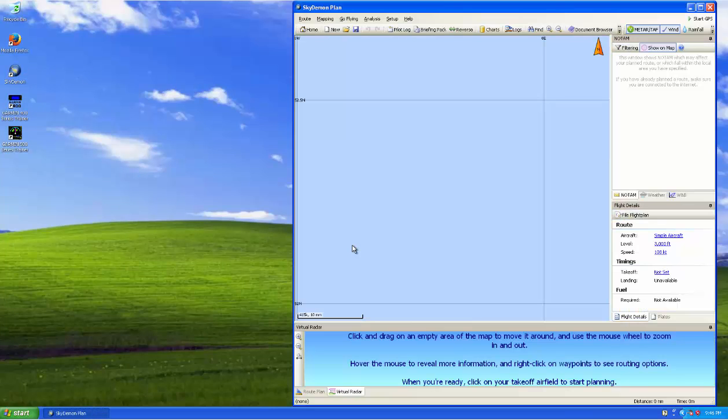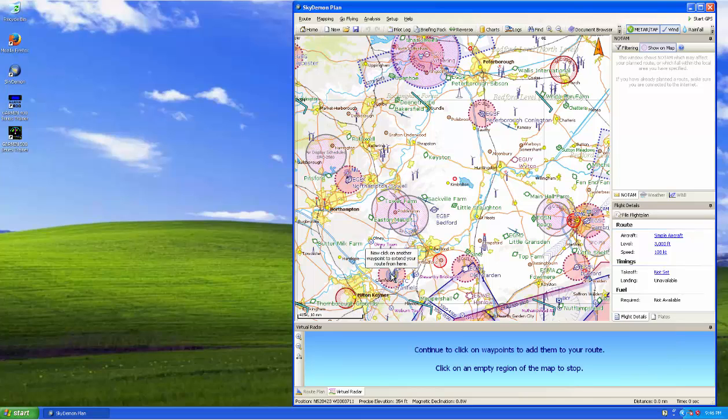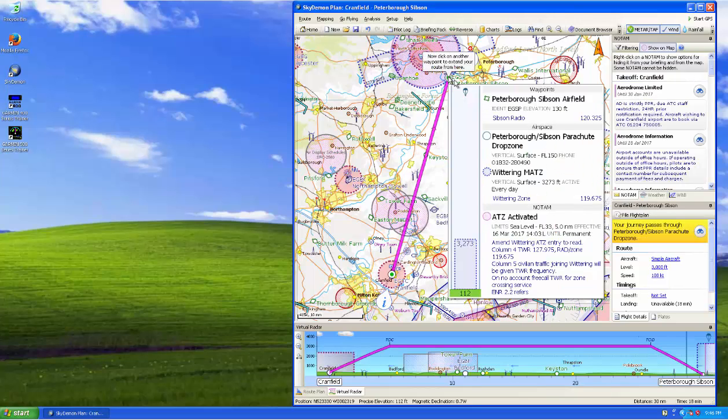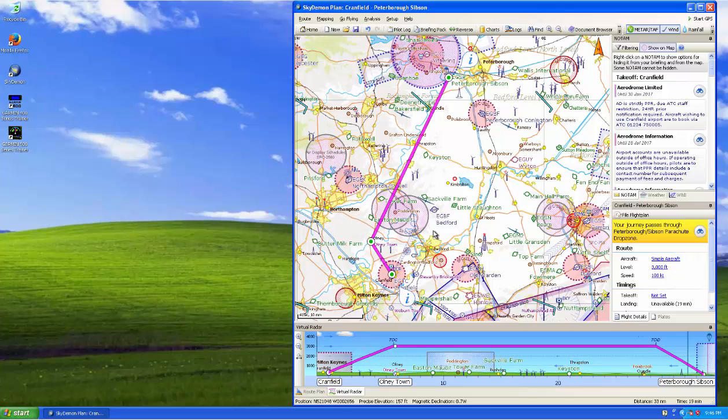Let's start SkyDemon, and in this case I will simulate flying from Cranfield to Peterborough Simpson. But instead of a direct flight, I'm going to fly over Olney, which is a visual reporting point northwest of Cranfield, and also because there is parachuting activity in Peterborough Simpson, we will be joining from the southeast